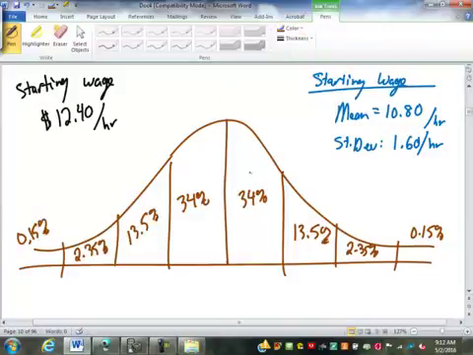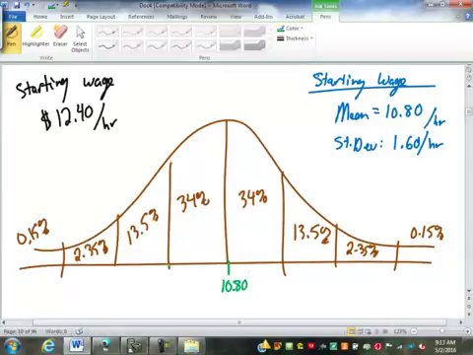What goes down here, of course, is what changes. What goes in the middle here? 10.80, yes. What's going to go here? Perfect. Yeah, we subtract the standard deviation of 1.60. So 9.20, 7.60, and $6. Obviously below minimum wage,